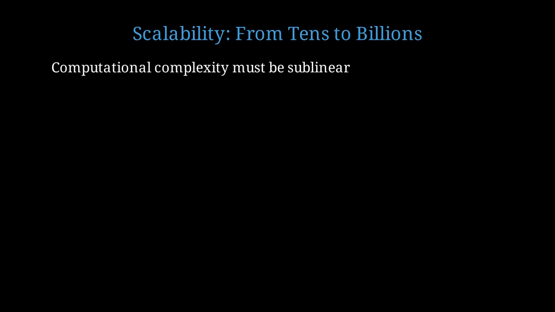How do swarm algorithms scale as we increase the number of agents from tens to potentially billions in a nanorobot medical application? Algorithms must have computational complexity that grows sublinearly with swarm size. Ideally, each agent processes information from only a bounded neighborhood, giving O(1) complexity per agent. Complexity per agent should be O(k), where k, the neighborhood size, is much less than n, the total swarm size. This ensures scalability to arbitrarily large swarms.